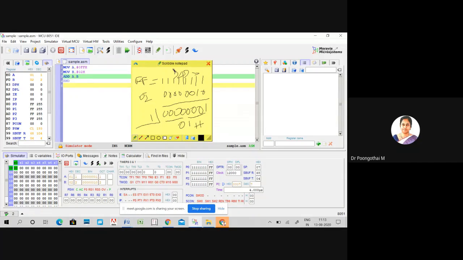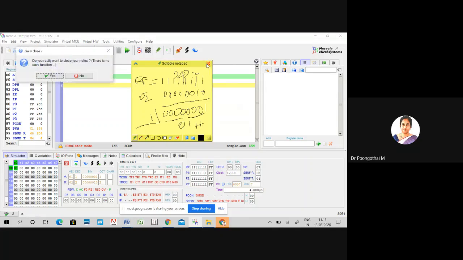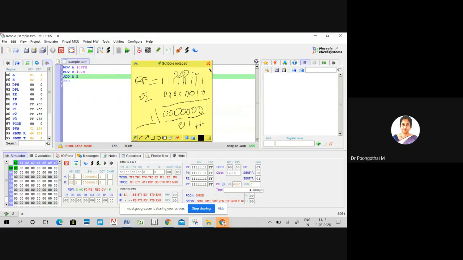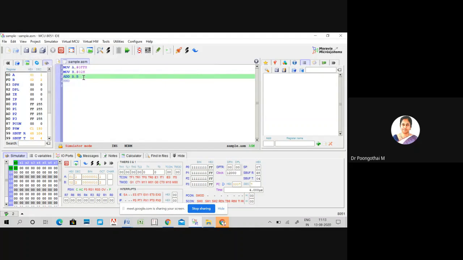So next, subtraction. The instruction for subtraction is SUBB. So stop the simulation and modify your code.